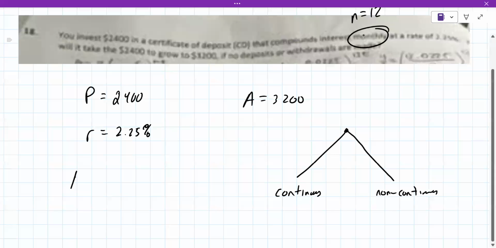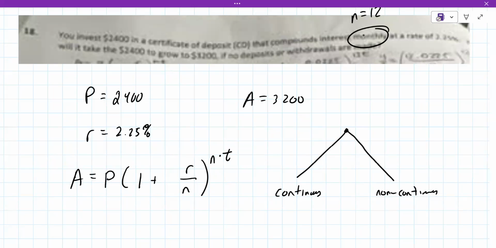So the formula for that is the future amount is the initial amount, 1 plus the interest rate divided by the number of compounding periods, to the number of compounding periods times t. I know that's a lot to take in, but they always give you everything but one. Okay. So for the interest rate, you do have to convert that to a decimal. You're dividing by 100 to do that,